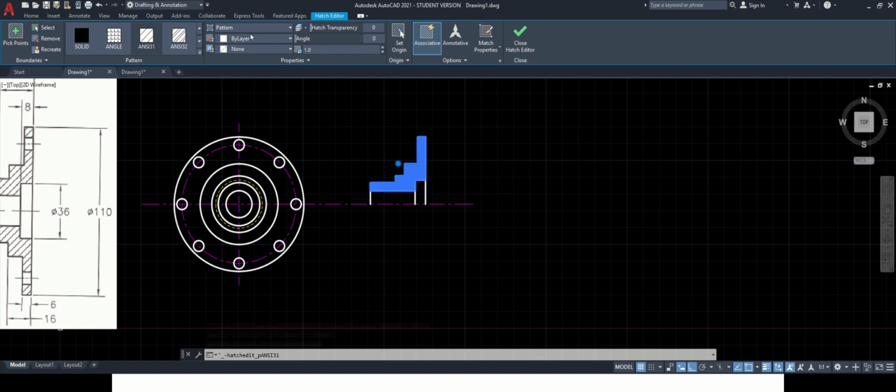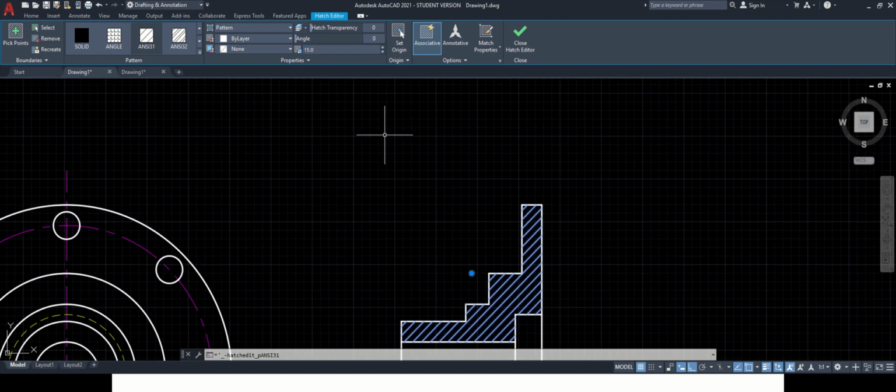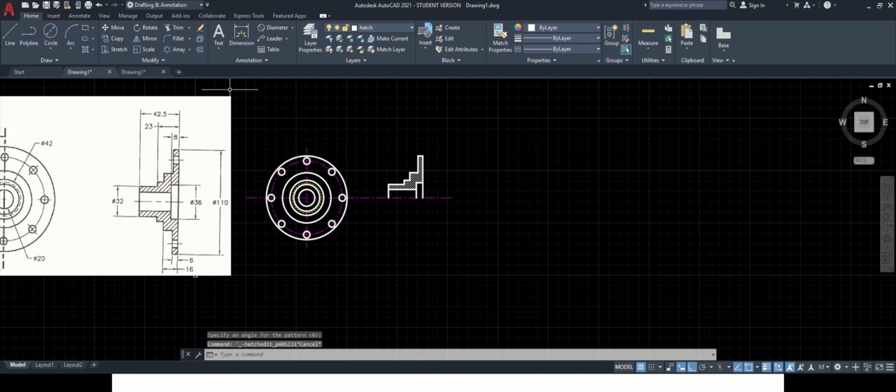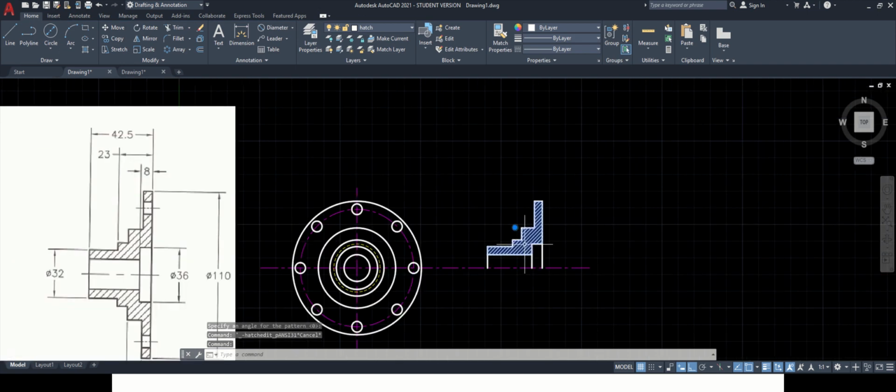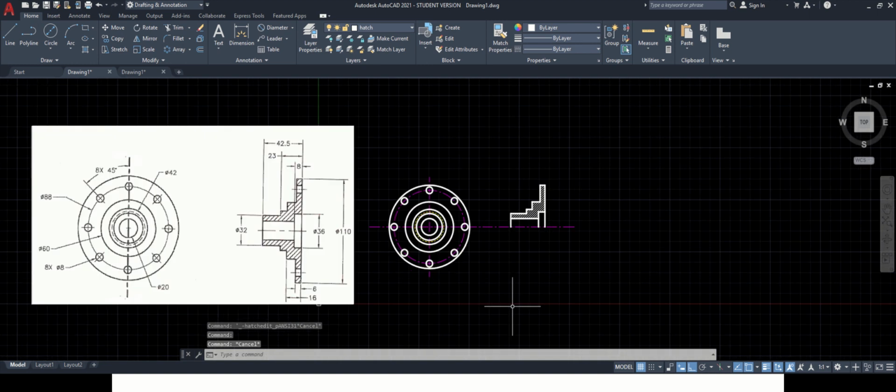31 number. The scale we are seeing is currently 1, so it is dense in nature. So I will change it to 10 first, press enter. See the change? Okay, so I can increase it further. So I will type 15 and press enter. Now this is the desired hatch that I have got. If you want, you can change the color of hatch also, but I am satisfied with this color because there are outlines of this same color.